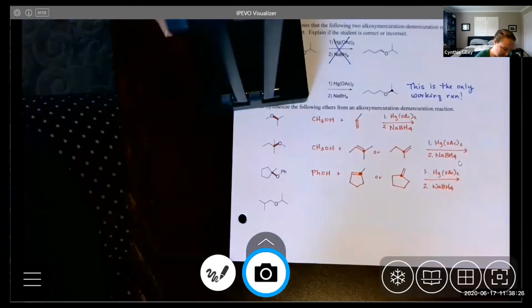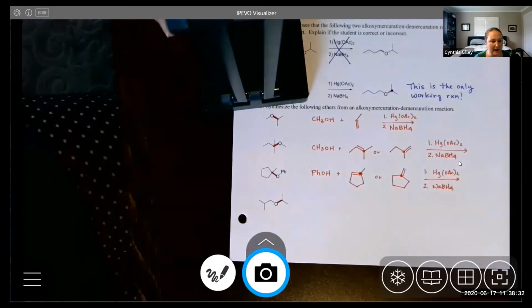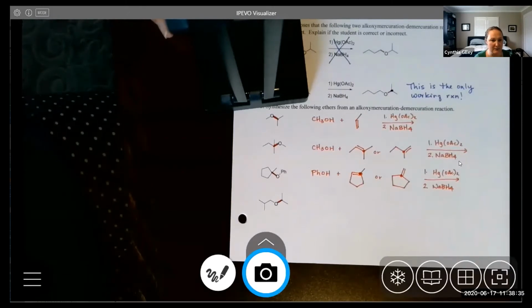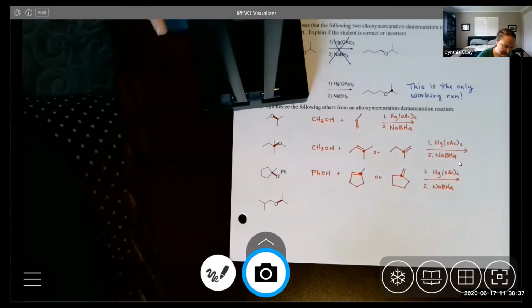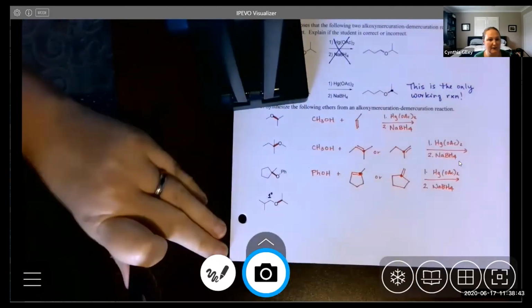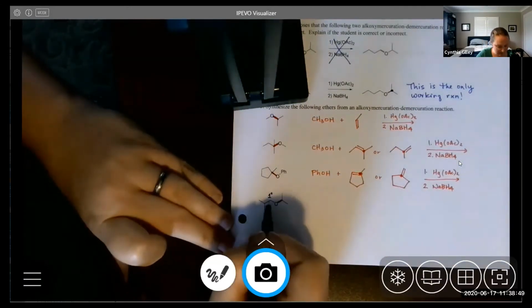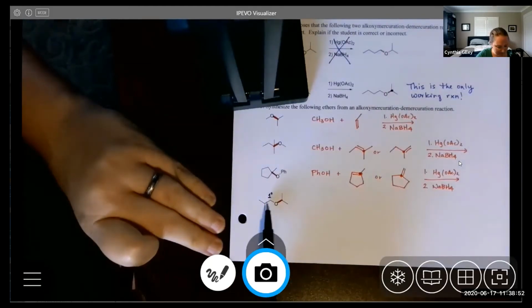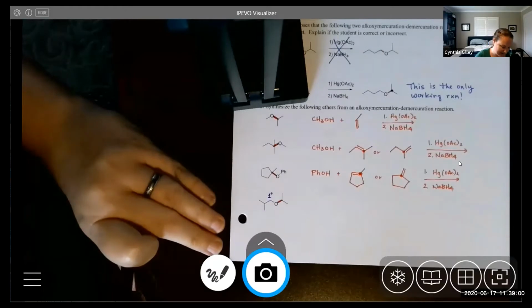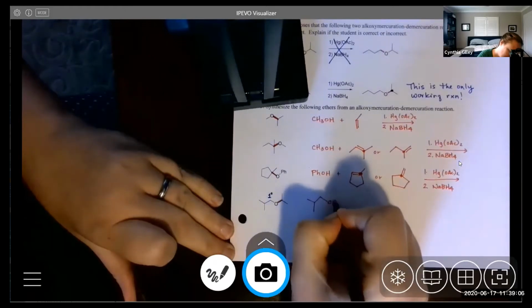All right, last one. Now we have 2 carbon-oxygen bonds, but this is the only one you can make through the alkoxymercuration demercuration reaction. That's because this carbon is primary. And if it's primary, it won't work because the alkene would have been here, in between these 2 carbons, and this would have been the less substituted. And the alcohol would never end up on the less substituted. That wouldn't work. So you have to instead have this part on the left be the alcohol, which would be